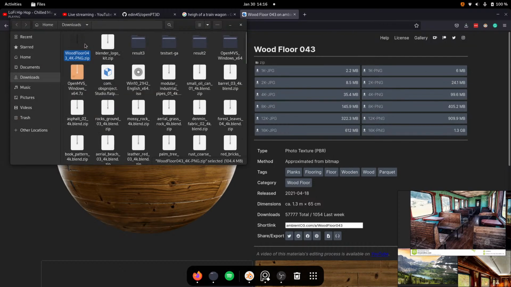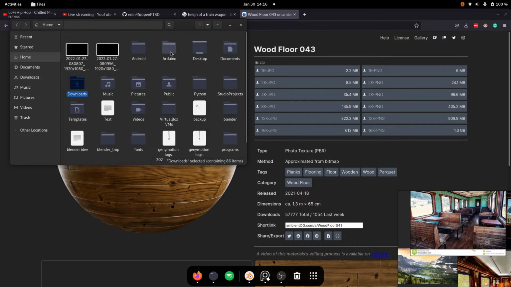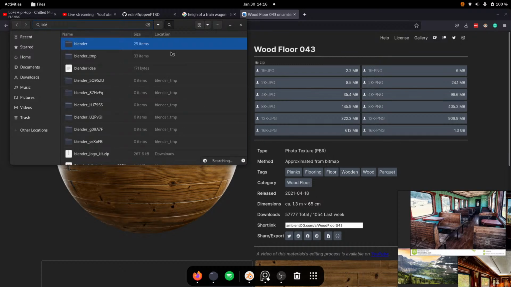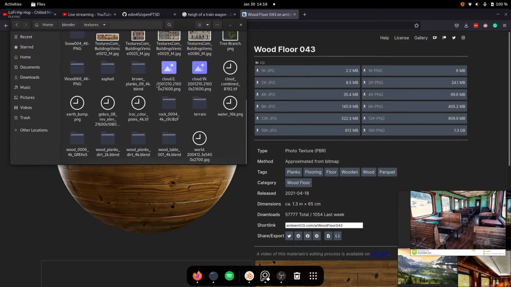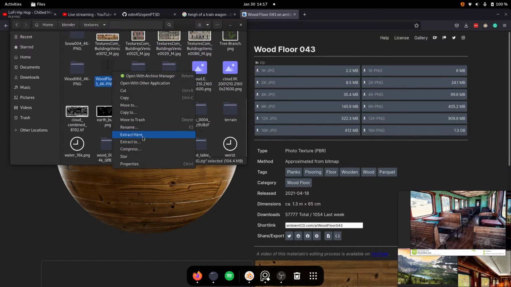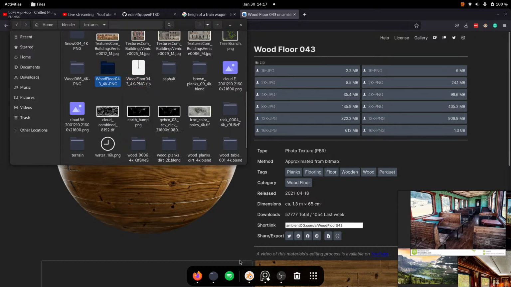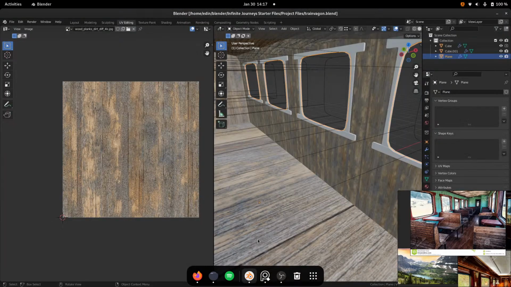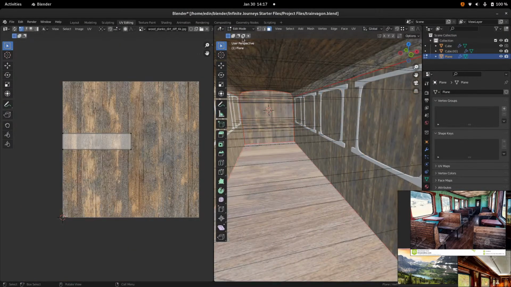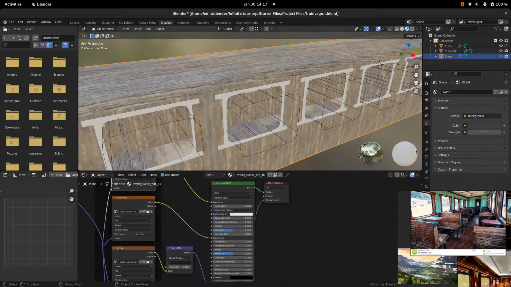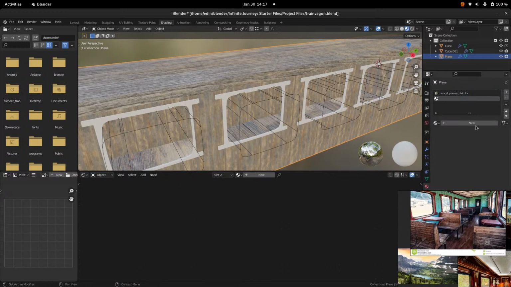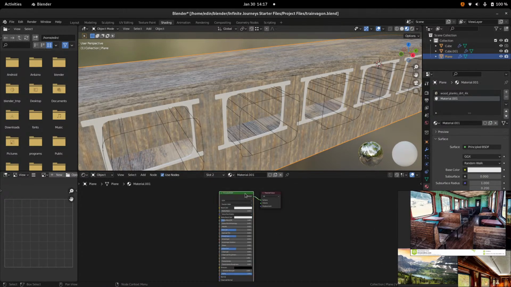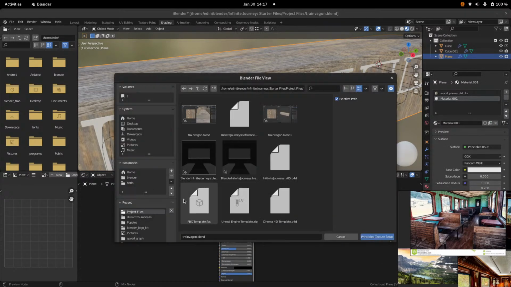Let's put this in the textures folder. Blender. Textures. Is that here? Extract here. Wood floor 43. Okay. New material. New. And with the Node Wrangler add-on enabled, you can just